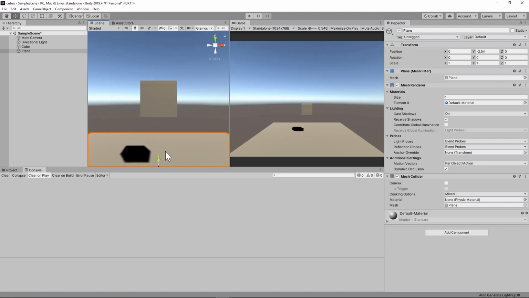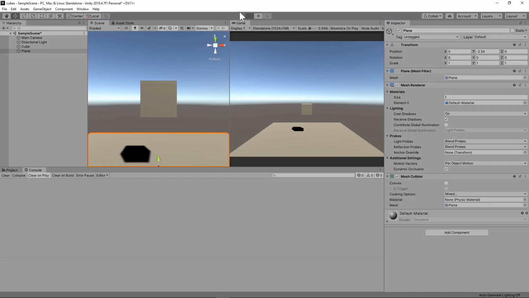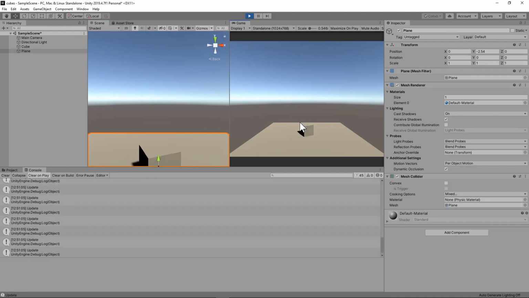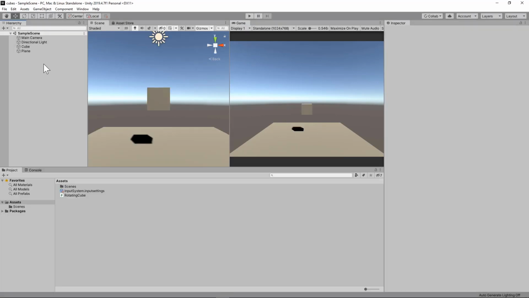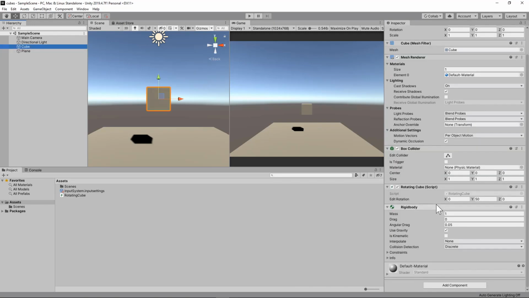What I want to show here is how a collider can interact with another collider. As we can see here, the plane already has a collider component inside of it. We don't need a rigid body component on the plane because we're not really moving the plane. If you press play, we can see that the plane stops the cube from falling any further. And if we press W, we can see that the cube is spinning, following the script that we created in our last video. So how about we create a script that bounces the cube whenever it touches the plane?